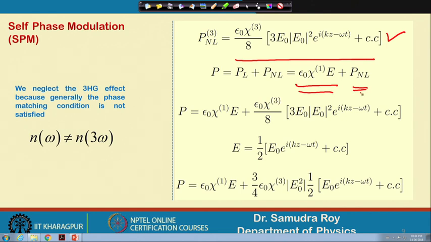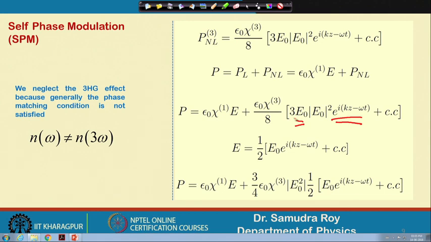If I now explicitly write these things, then this is the first term and this is the second term that will appear because of this third order effect. So, you can see that the coefficient of third order effect is sitting here. Now, if the electric field is represented in terms of half epsilon 0 E to the power i(kz minus omega t) and plus complex conjugate, so here I can have epsilon 0 E to the power i(kz minus omega t), these terms are there, with the complex conjugate is also there.